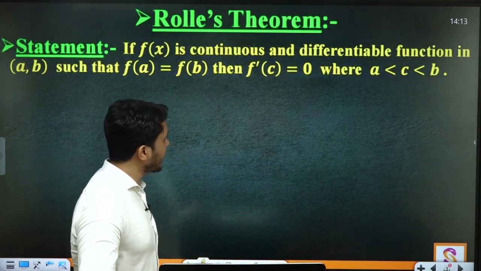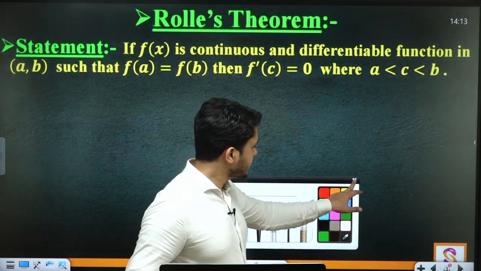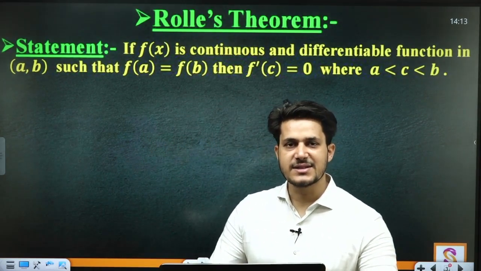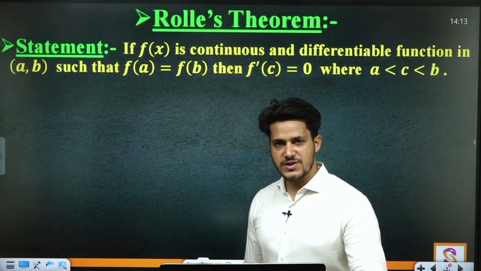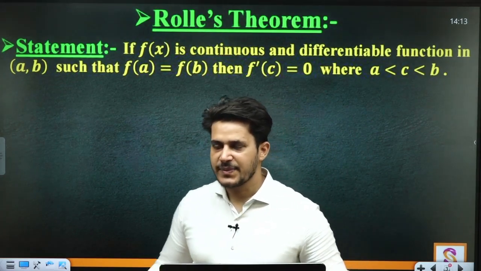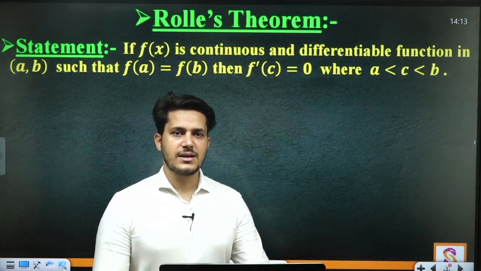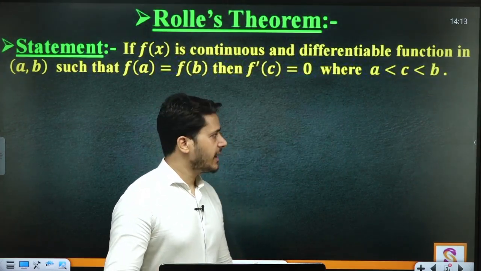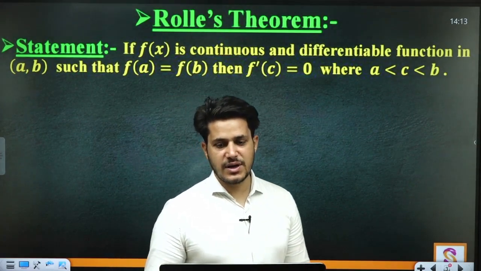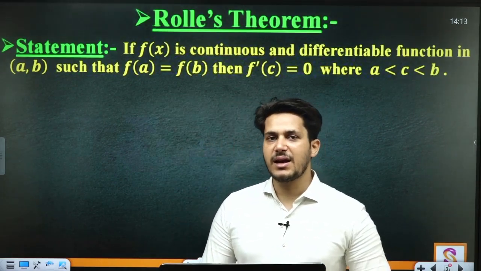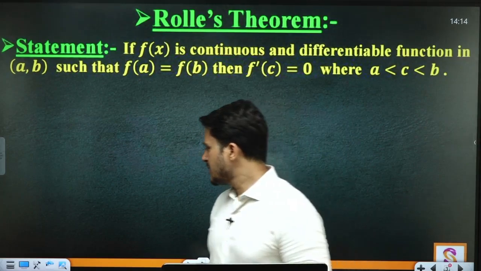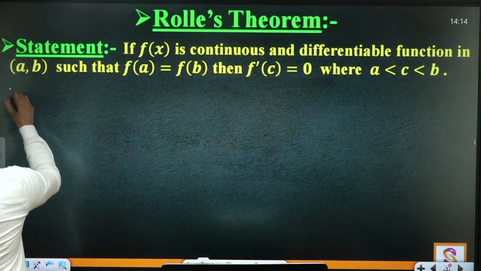तो पहले हम इसका क्या करेंगे, फर्स्ट हम इसका प्रूफ देखेंगे एंड आफ्टर दैट वी विल सी सम एग्जांपल्स बेस्ड अपॉन रोल्स थ्योरम. एग्जाम के पॉइंट ऑफ व्यू से इसका प्रूफ भी आ सकता है, but sometimes they ask the questions based upon Rolle's theorem, and the application of this theorem is very important because it is applicable in many other theorems as well as in other topics also. So proof.